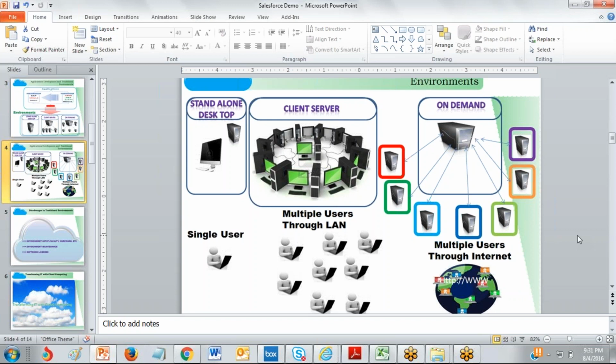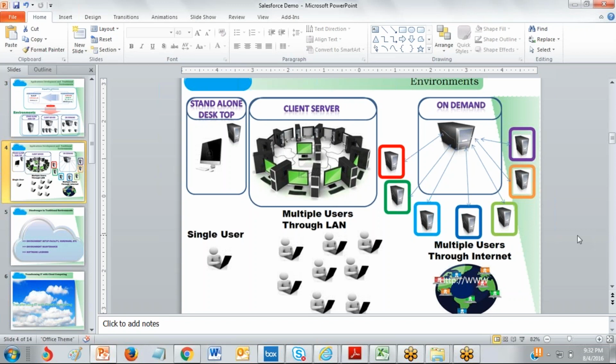That is the main drawback. This is called an on-demand environment. Single application, multiple customers hitting. Network traffic will be increased, and performance will be down.